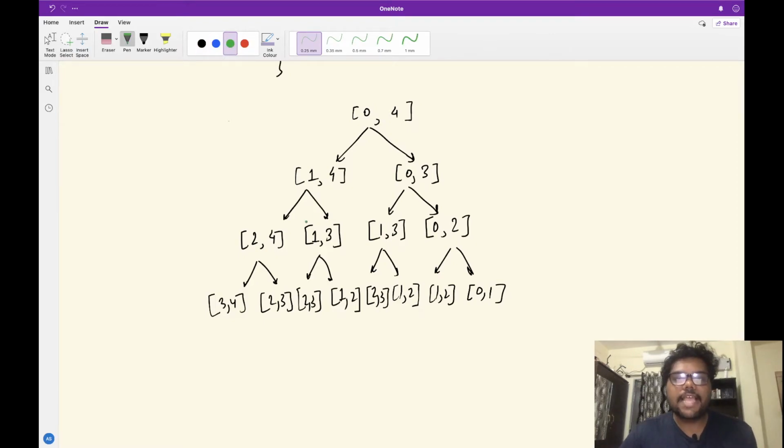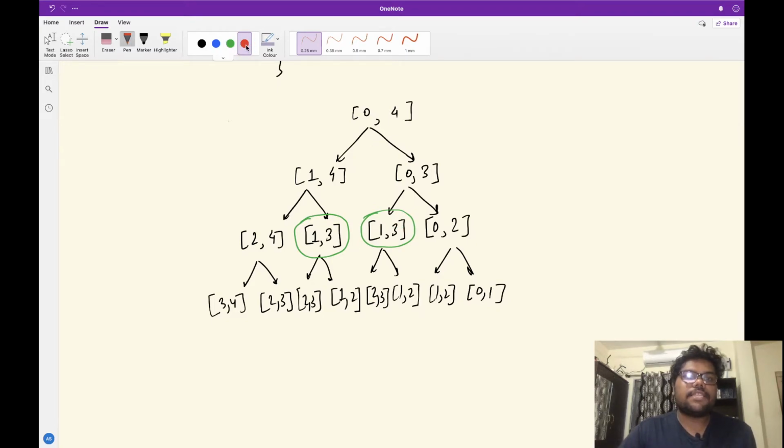So we can see that we have repeating subproblems here, 1 comma 3, 1 comma 3. So we can say that we can use dynamic programming here. Dynamic programming is nothing but just caching the result of any computation. So once we have calculated the result of this state 1 comma 3, then we can simply use it from the cache the next time we encounter that state down the recursion, right?